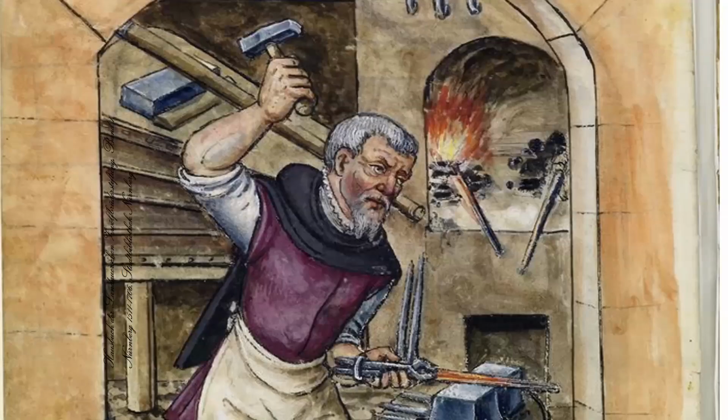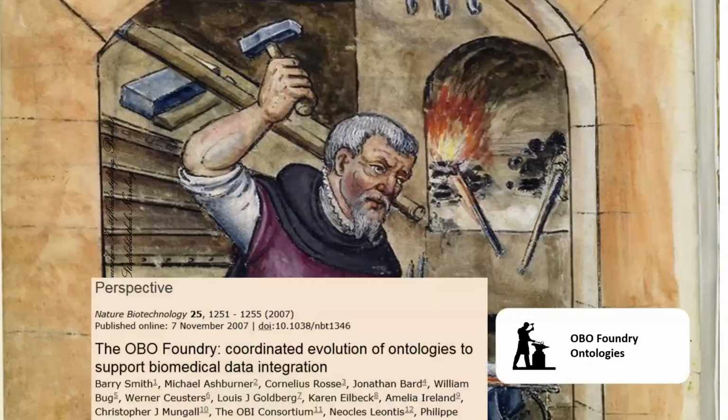And the OBO Foundry was an effort quite a long time ago now, but actually, well, not that long, to bring some sort of structure to a whole family of ontologies, primarily from biomedicine, but then going into planetary science with Envo, to try to make sure that they themselves are interoperable. Because having a term from an ontology or a vocabulary doesn't magically make your data interoperable with somebody else's, unless those resources themselves are making efforts to stay aligned and be interoperable. So that's where we are.